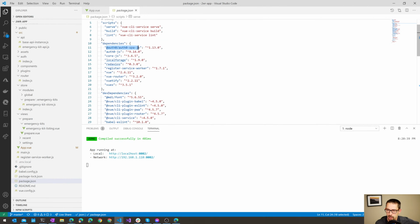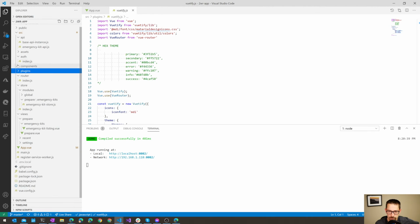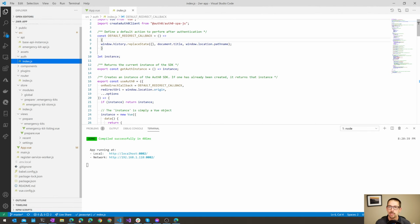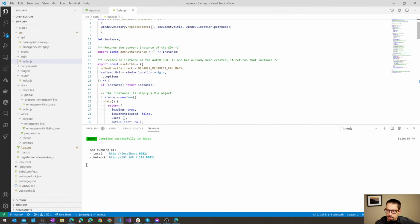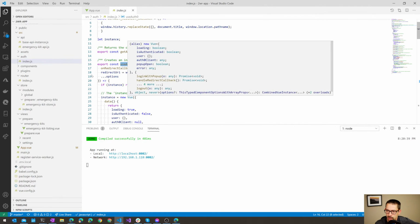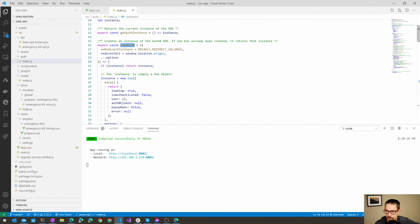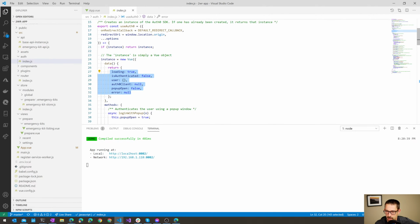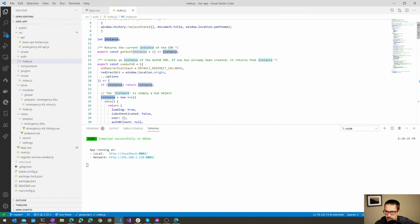So the way it kind of bootstraps all of that. First off, we pull in this Auth Zero JS library here, and then we define a plugin. Nope, I lied. So we do define a plugin, but it's under auth/index.js here. And in here we go and create an Auth Zero client. So that part is here where we define a function called useAuthZero that goes and creates a Vue instance, and that contains our authentication information in it. But there's this thing here called instance, which is returned from,